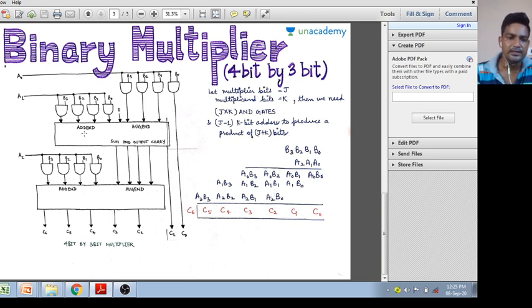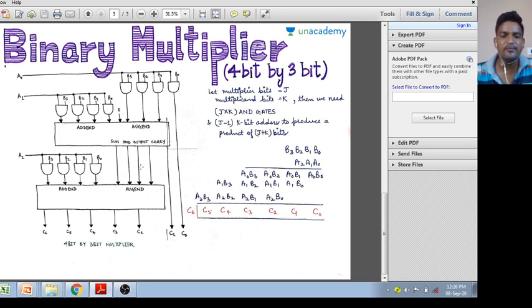Okay, these first two are 4 bit parallel adders, in which B3 B2 B1 B0 is multiplied by A0. Similarly, B3 B2 B1 B0 is multiplied by A1. Now you have to add these two, this plus this plus this. Why am I taking 0 here? Because you know, in the case of a 4 bit parallel adder we require 4 bits as input, so I am taking 0 here. Okay, now just add, it will give the sum here.